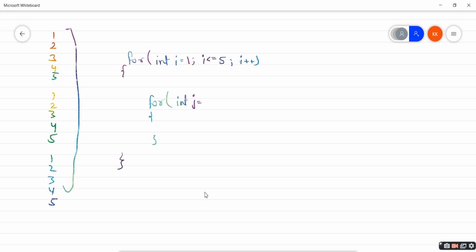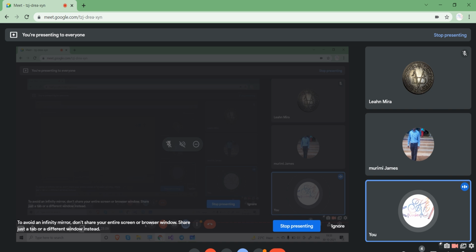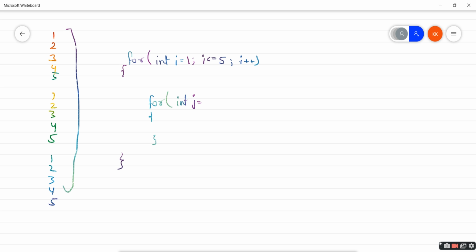It would be more useful if you can write in the chat box or anywhere, in the copy or notepad, because I think while explaining you are quite confused. Here the condition is going to be I is less than or equal to 5. This condition is wrong.